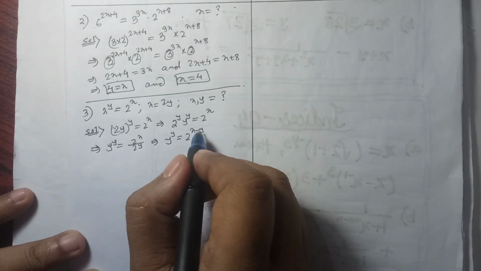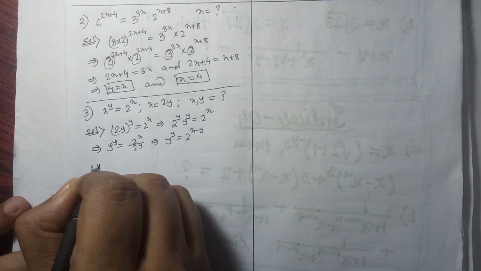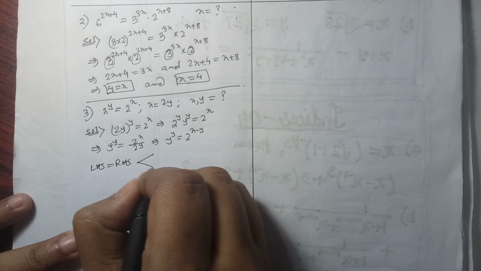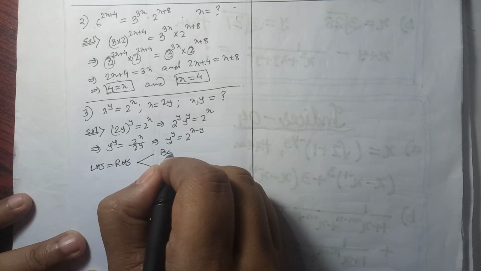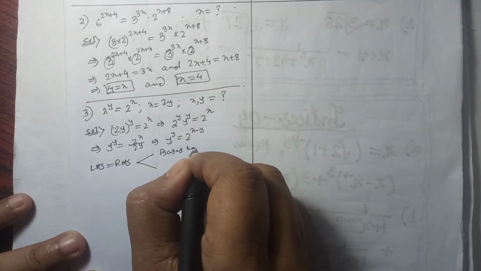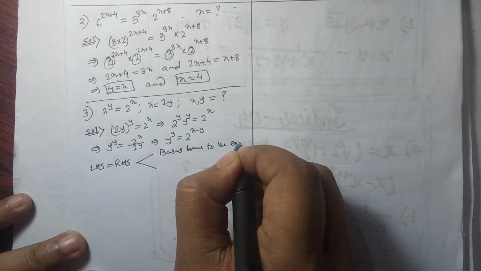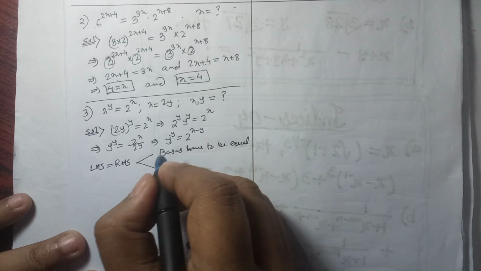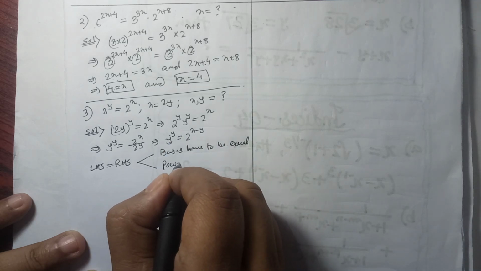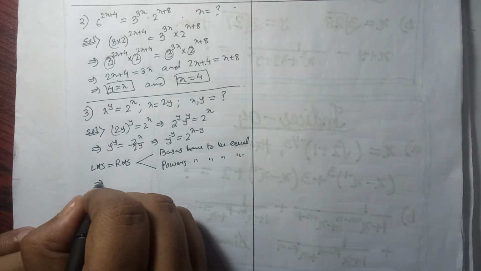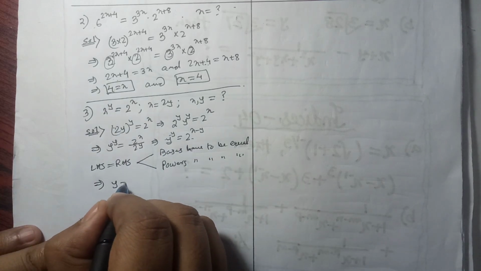Now when both are equal, LHS is equal to RHS. Here bases have to be equal, and the exponents or powers have to be equal. This implies y is equal to 2